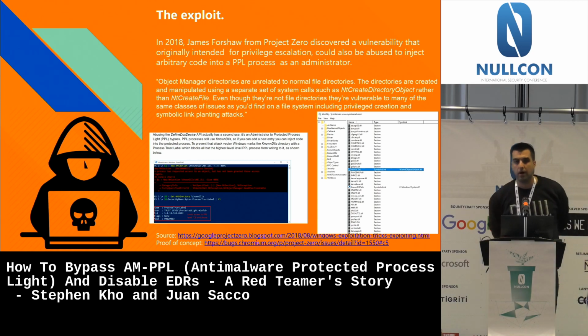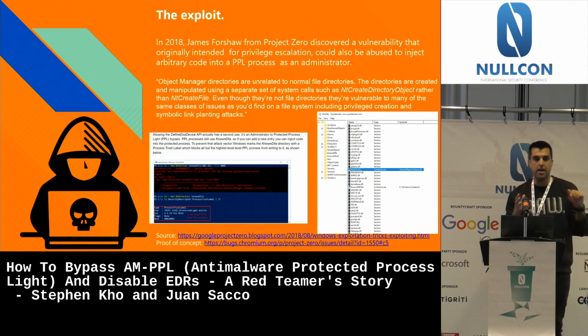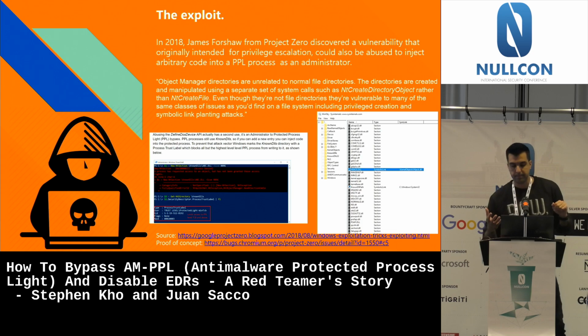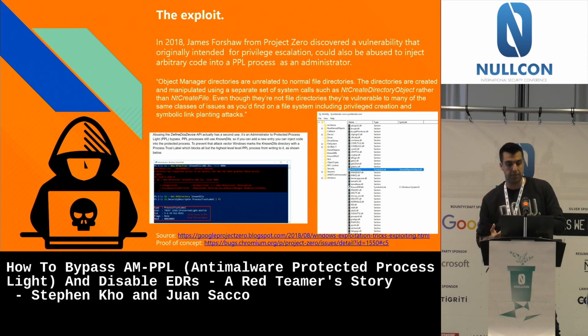Okay? So, known DLL handles. When you run a process on Windows, typically it's going to load some DLLs from disk, right? PPL processes, you remember I mentioned, cannot do that. If you want to inject something inside a PPL process, it needs to be signed. And how can we bypass that restriction?